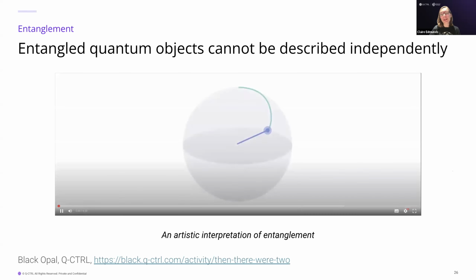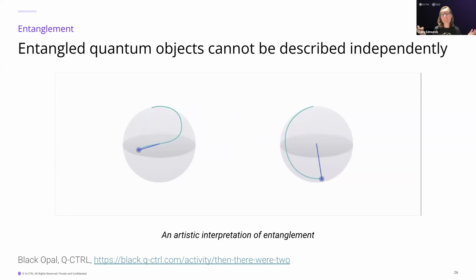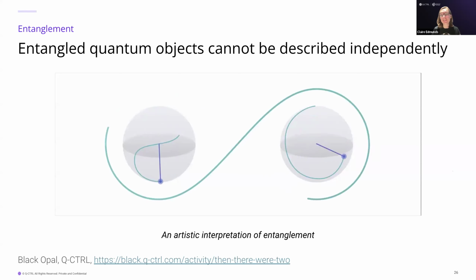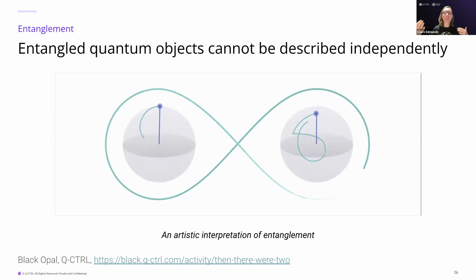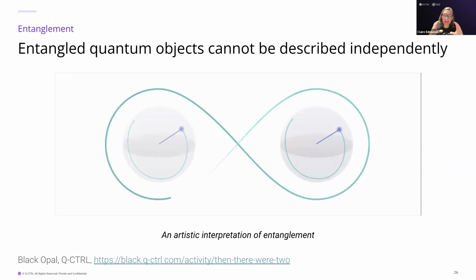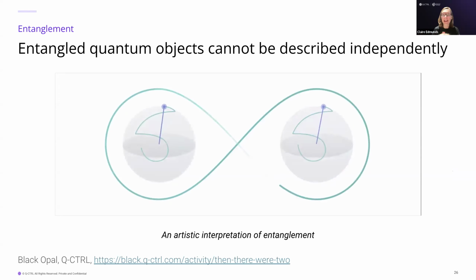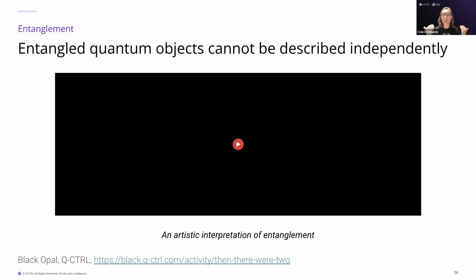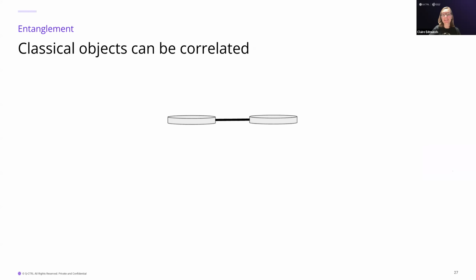When we've been talking about all the previous topics, we've been talking about a single object, a single Bloch sphere. It might be an atom or a photon, which can be put into superposition and then measured. But throughout this whole process, we can describe the object just by itself. We don't need information about anything else to describe the state of the object, the superposition, or its classical state after measurement. We can describe all of this using just a single